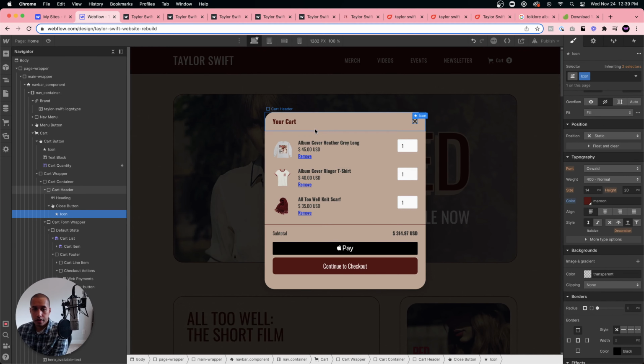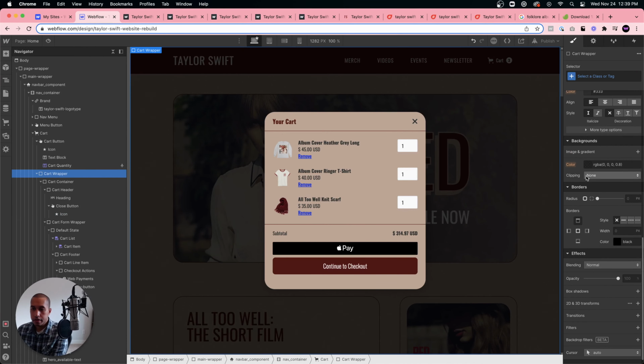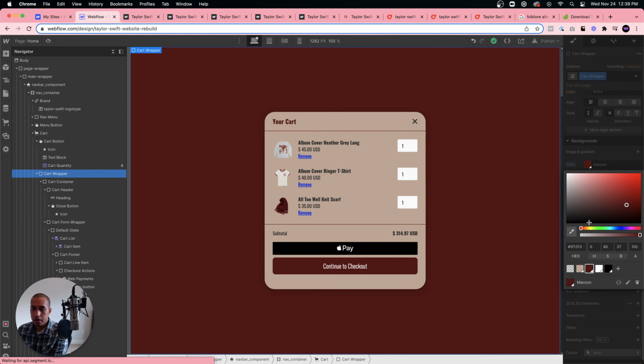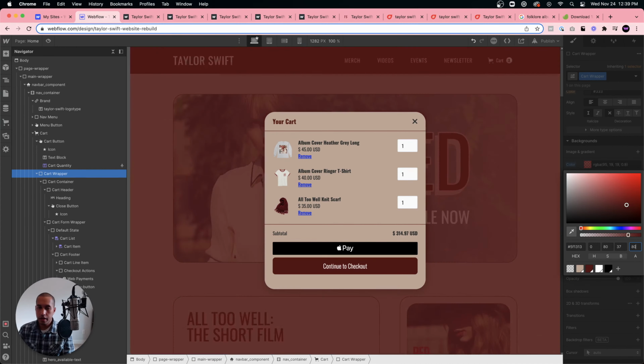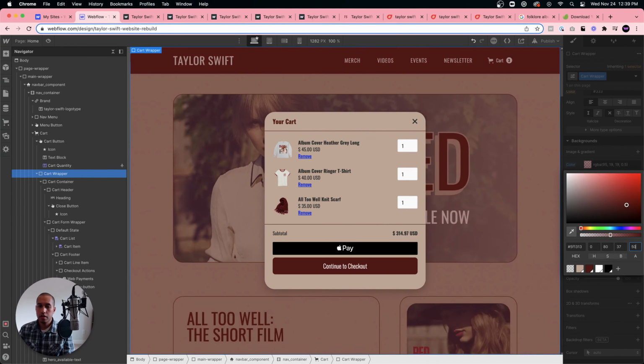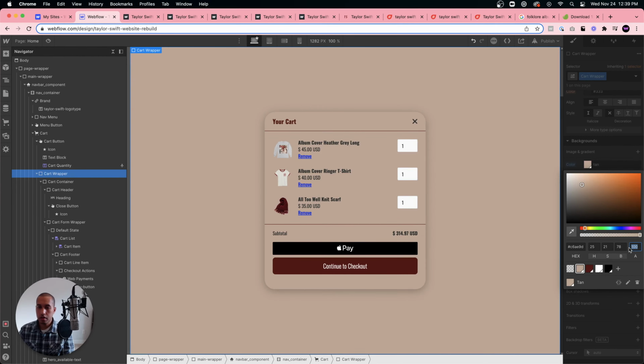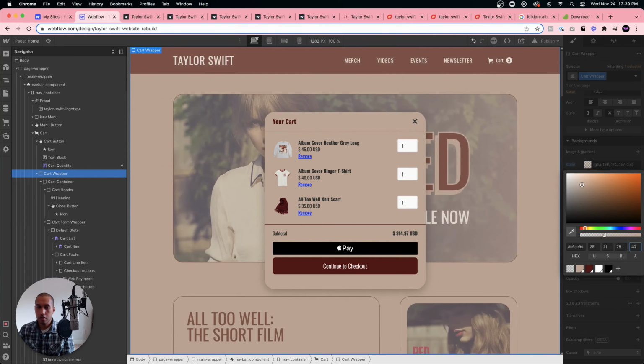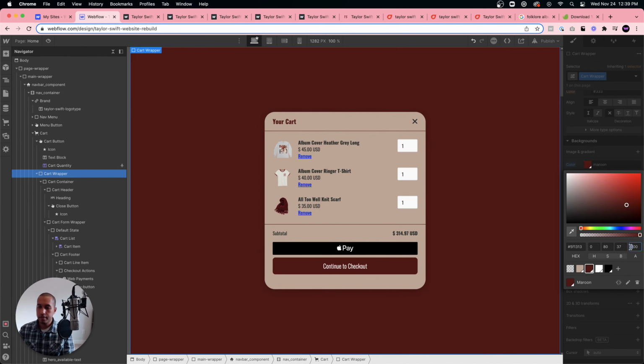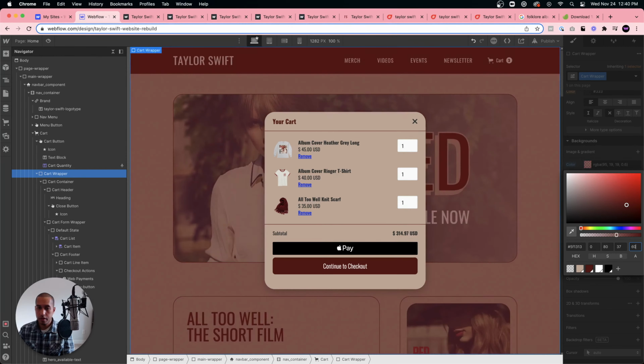Yeah, I think that'll work. And the cart wrapper, let's make it red as well, and reduce the alpha. Maybe beige would be better. No, I kind of like red. Okay,